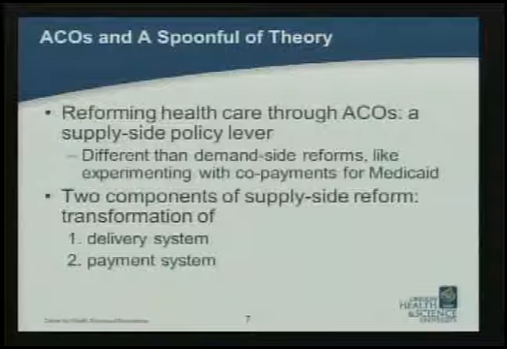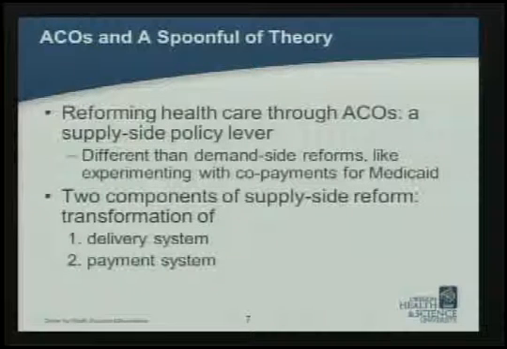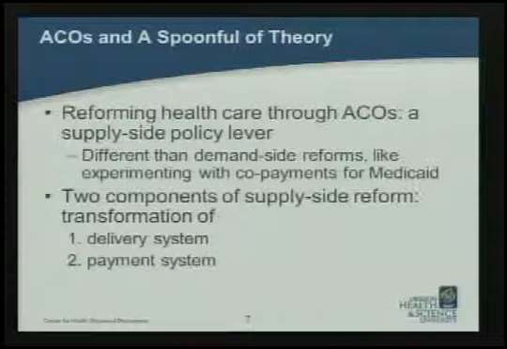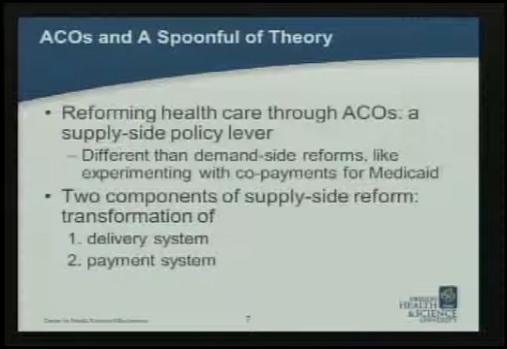And the reason I bring this up is that a supply-side policy lever is a little different than demand-side reforms, where we would be doing things like experimenting with co-payments for individuals in the Medicaid population. These are typically low-income individuals or vulnerable communities in the first place. The historic reasoning behind Medicaid is that these individuals wouldn't pay co-payments because they're not able to, or that might strain their access to care in some way. However, some states are saying maybe we introduce types of co-payment structures for those individuals to see if that can affect our healthcare costs.